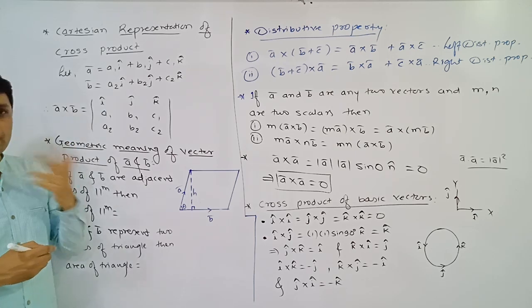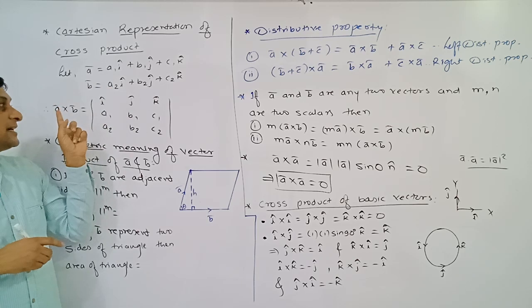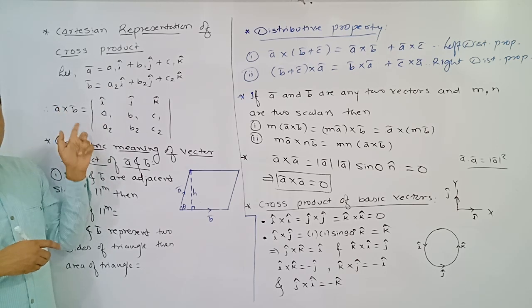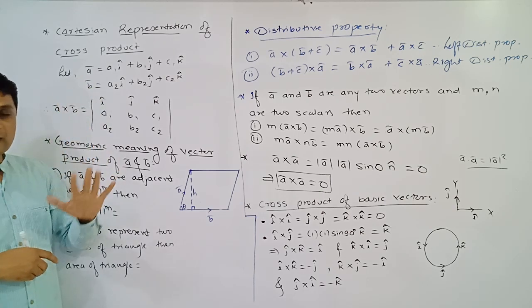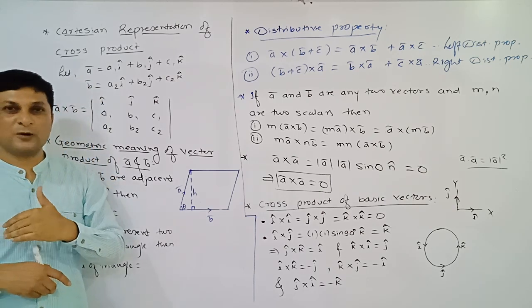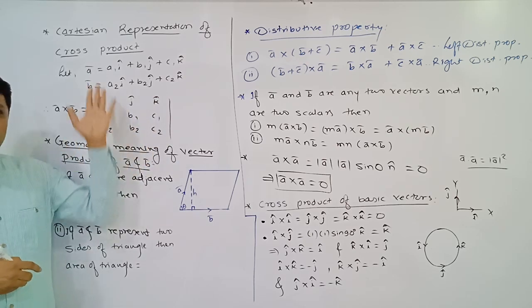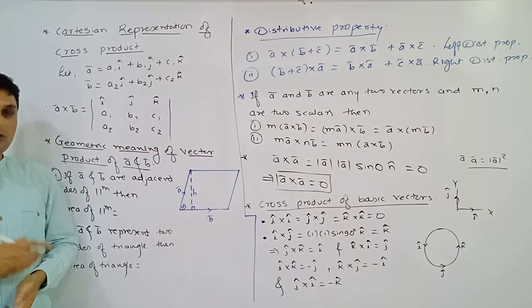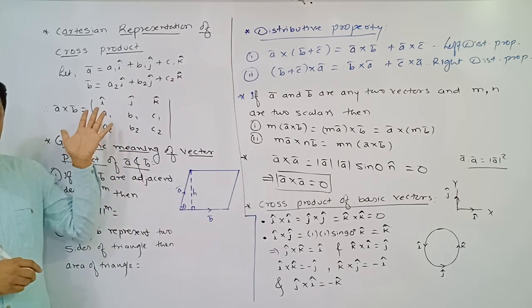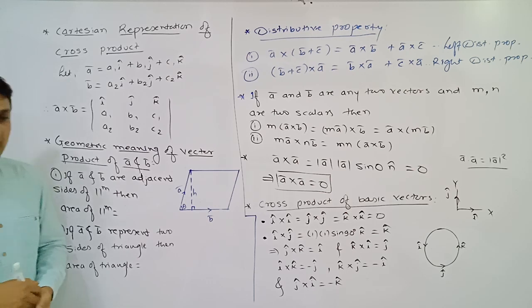And it will be the value of the cross product. Already we know that a bar and b bar are two given vectors. At that time, this cross product is nothing but a new vector, perpendicular to a bar and also b bar, or we can say perpendicular to the plane of a bar and b bar. Hope this method is clear to you. If two vectors are given to us, using a determinant we are able to find their cross product. We can even prove why we are able to use the determinant, but now we are avoiding that part.